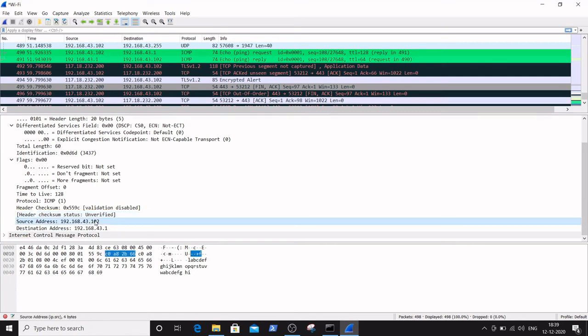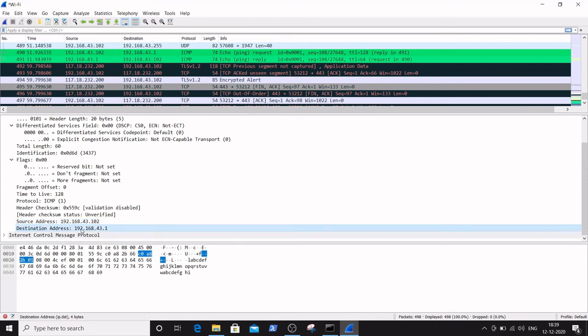So here you can see the source address, the main parameter in the IP packet. As we ping from the system, the source address is 192.168.43.102, and the destination address, that is the default gateway, is 192.168.43.1.